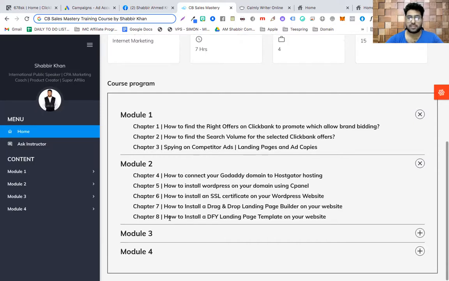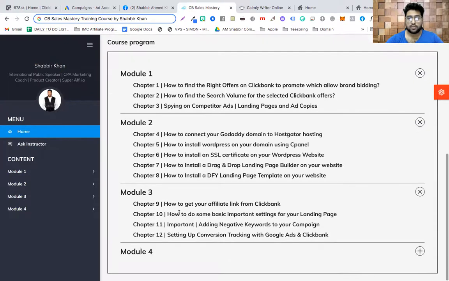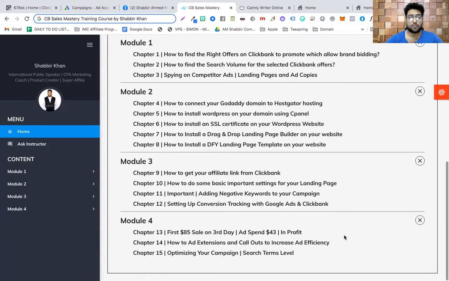Now you can pretty much see the modules here. How to get your affiliate link from Clickbank, how to do some basic important settings for your landing page. Adding negative keywords is very important. If you don't know how to add the right negative keywords, you will just lose money on ads and never make sales. How to install a done for you landing page template. I have included my done for you landing page template. I've shown a live